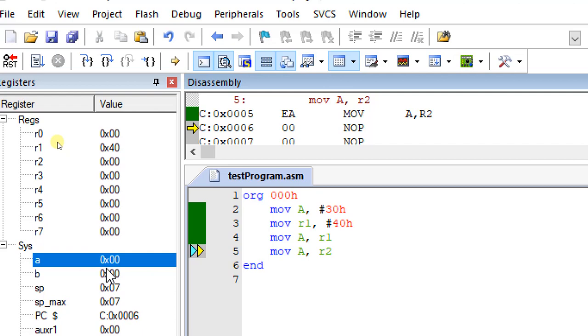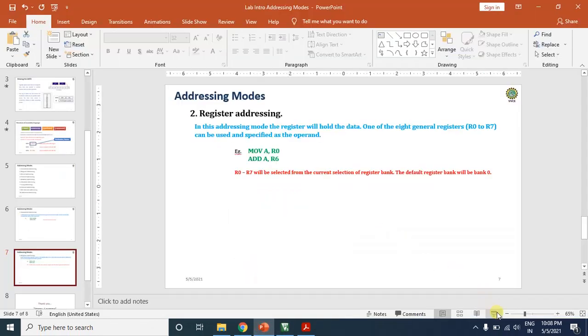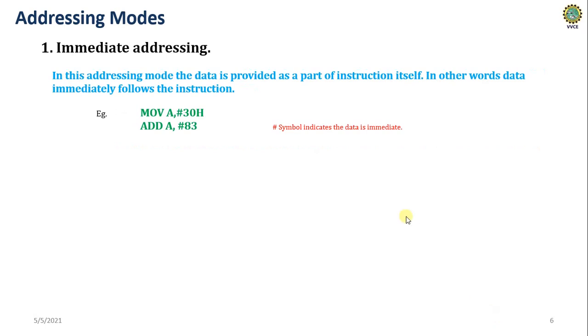So these are the two addressing modes which you should learn. I hope you're clear with this. I'll just repeat once again. In immediate addressing mode, the source is always the immediate value or immediate number. Any data that starts with the hash means the value is immediate, and you move that value into the destination.